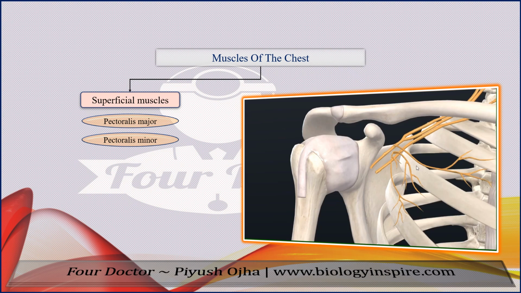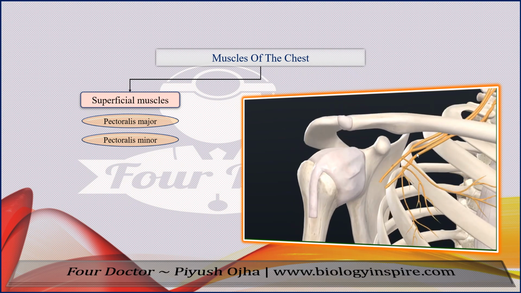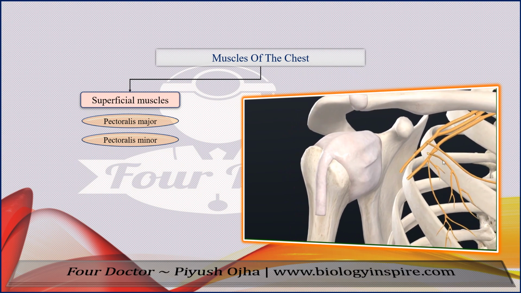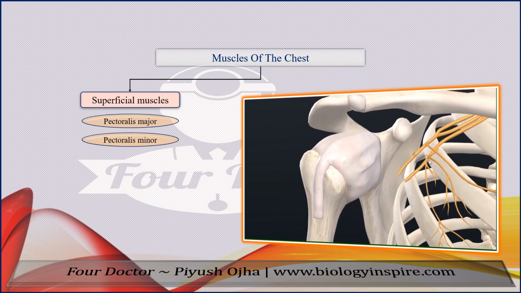Now the muscle is removed and you can see the different nerves. Let me show you the medial pectoral nerve. So this one is the medial pectoral nerve originating from the medial cord of the brachial plexus, which then gives off pectoral branches to the